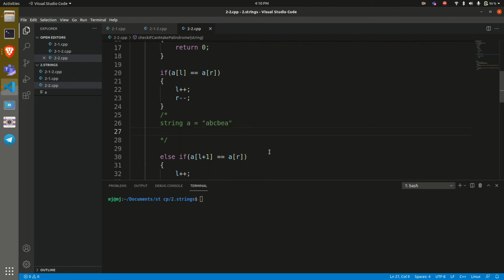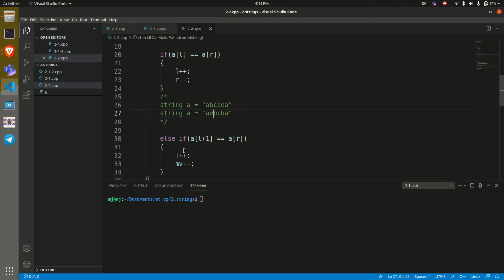So let's come to another string to handle the below case. String A equals to now A, E, B, C, B, A. Now let's check. E doesn't match with B. If we remove this, then again we are ending up with the wrong answer, because it can be made a palindrome, but as per us, by removing E, it cannot be made a palindrome.